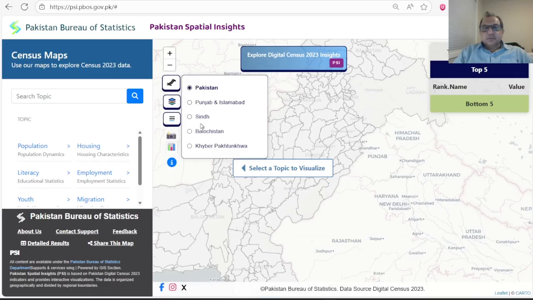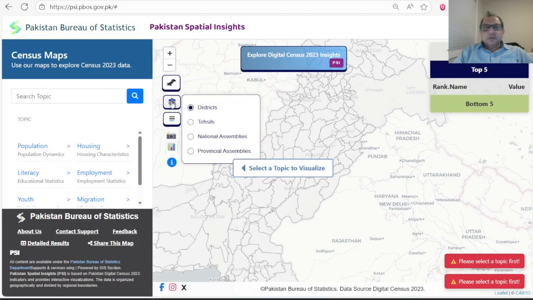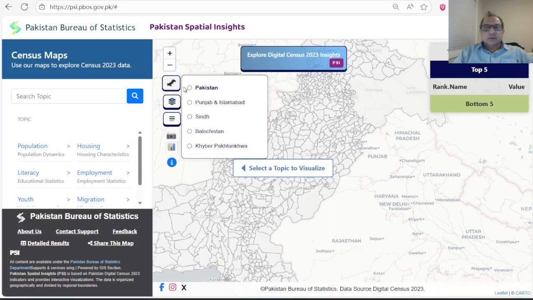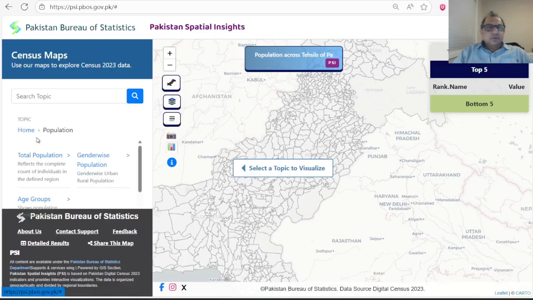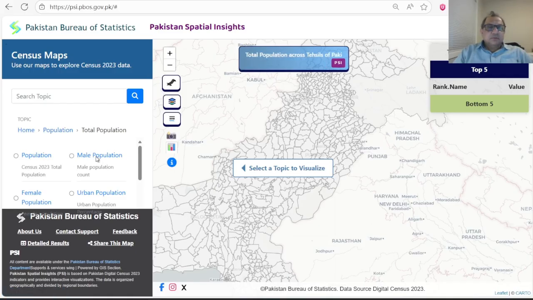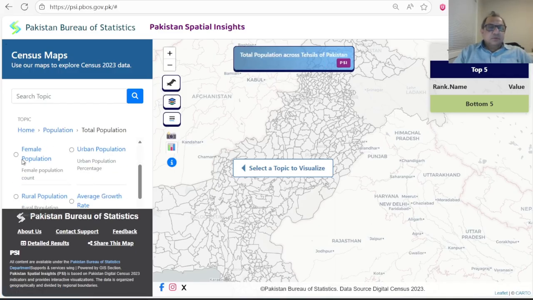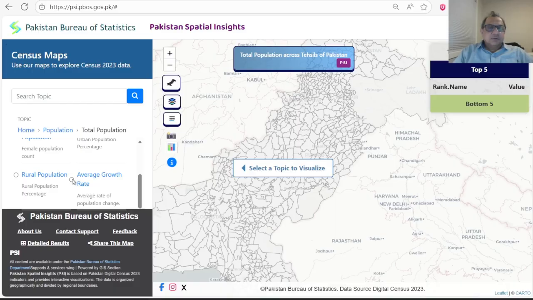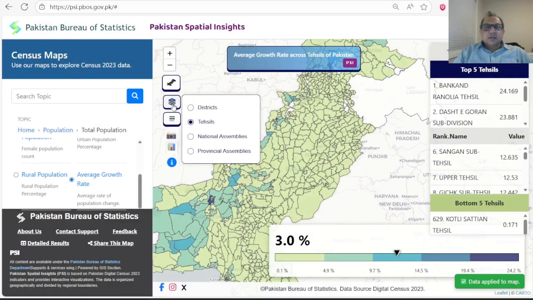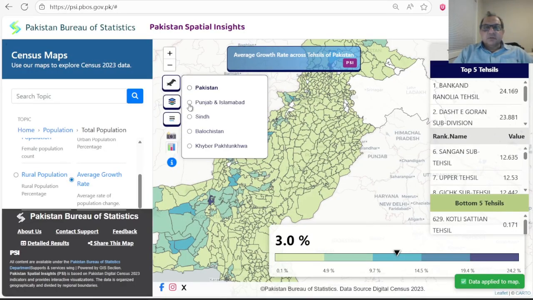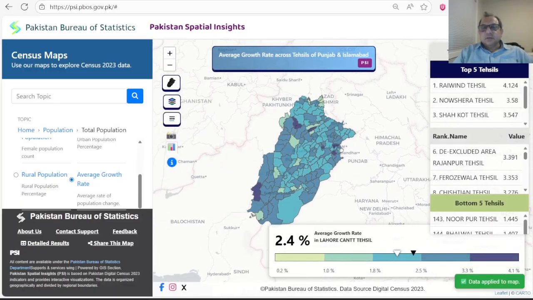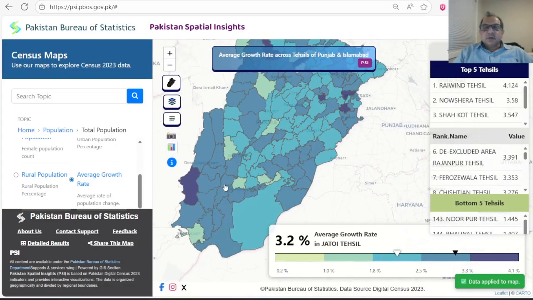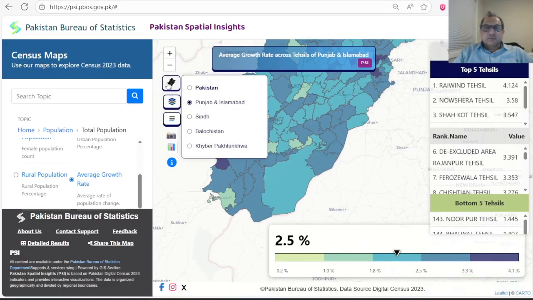First, if you want to pick one of the geographic regions, you can do that, and then you can decide the levels. For example, you have the sea level data, and then you select the variables from the left side. You have total population, and if you want to see the distribution of average growth rate, let's go to the average growth rates, and then we can focus on certain regions. That's the way they give you the thematic shading at that geographic level,